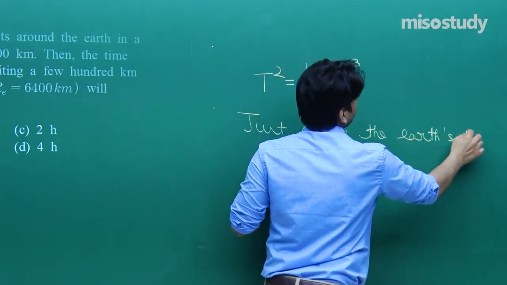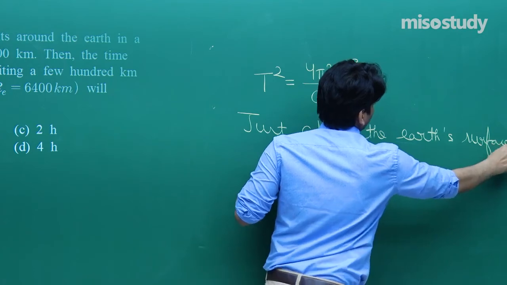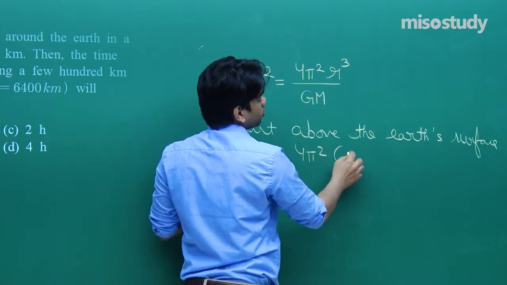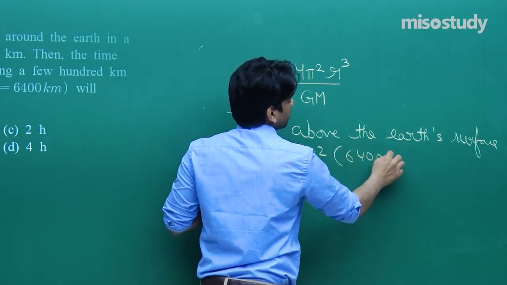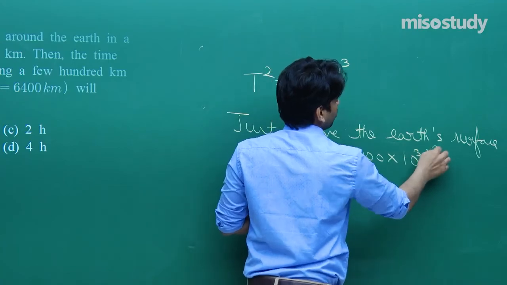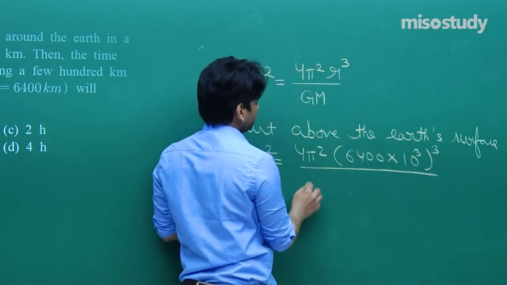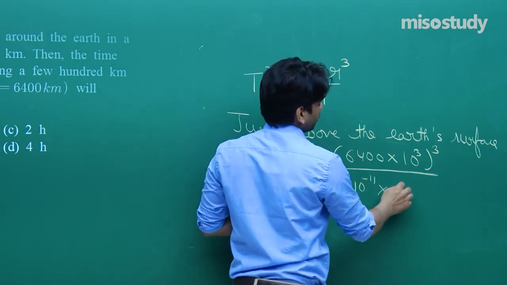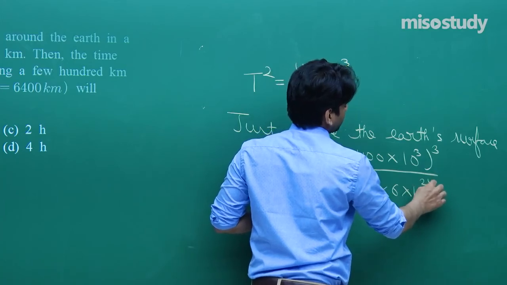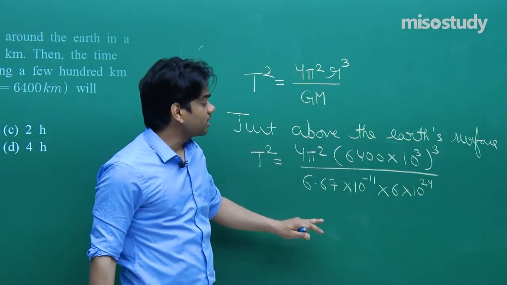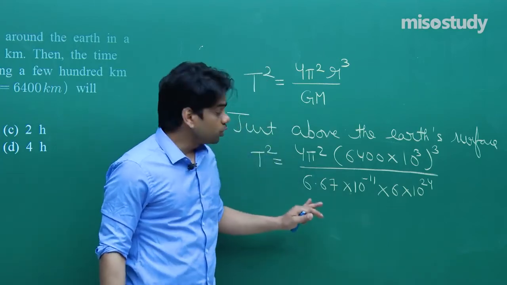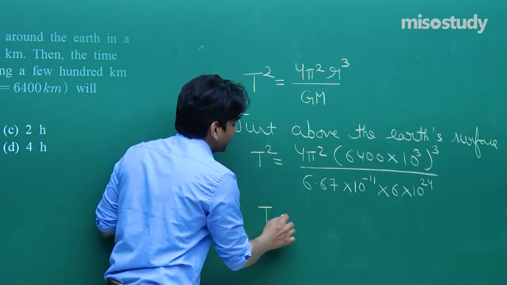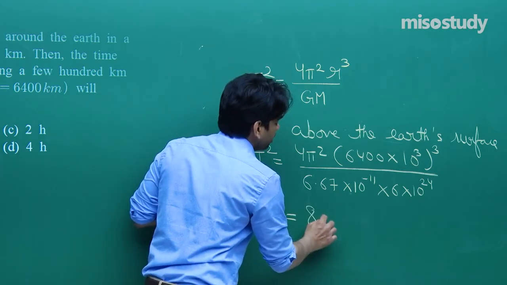Time period will come out to be T square equals 4 pi square, radius of Earth 6400 multiplied with 10 to power 3, whole cube, divided by the value of GM, 6.67 into 10 to the power minus 11 with proper SI units, times mass of Earth, let's take it as 6 into 10 to the power 24 kg. Although the mass of Earth has not been provided, I have written this for your understanding. I have told you in class also, when any satellite is near to Earth, its time period is